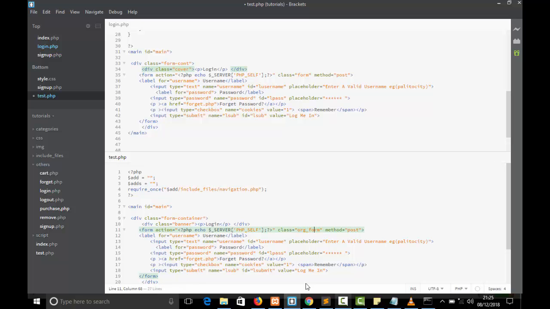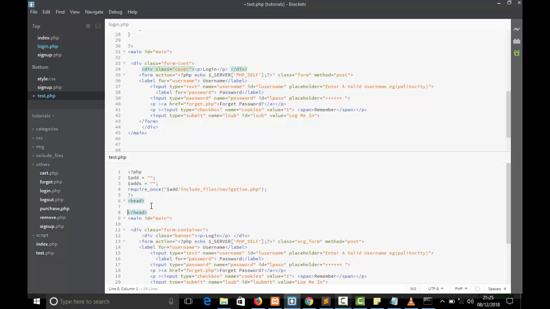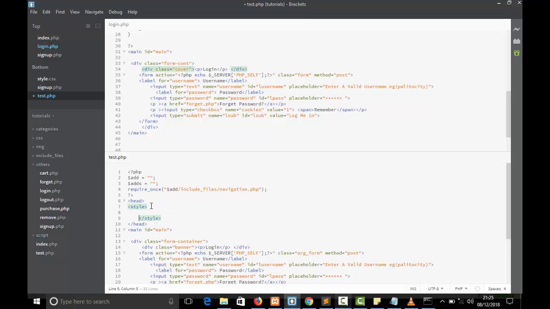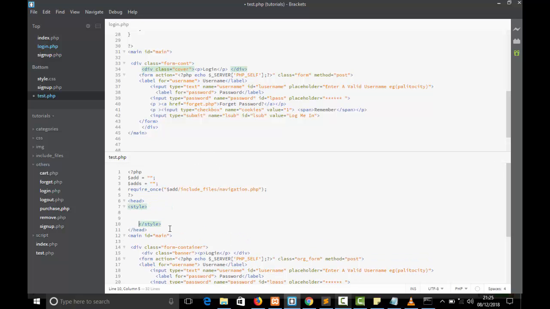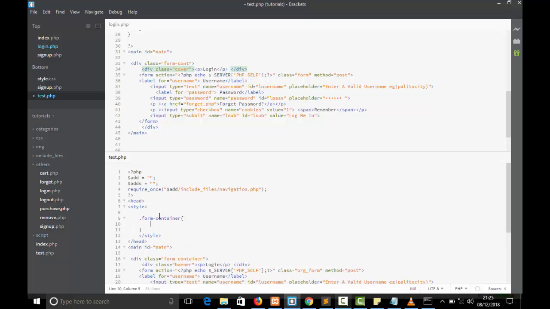So let's just get on with the CSS. The first thing we need to do is add the head tag. Within the head tag, let me add a style. From the style now, I want to take the form container. In this video, I'm going to be using what we call flex. So from here, I say display flex,